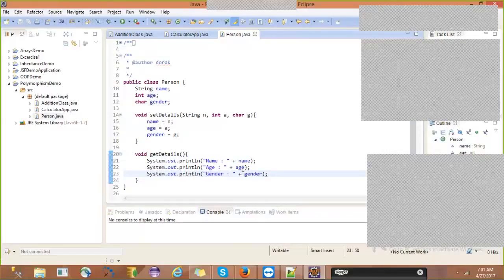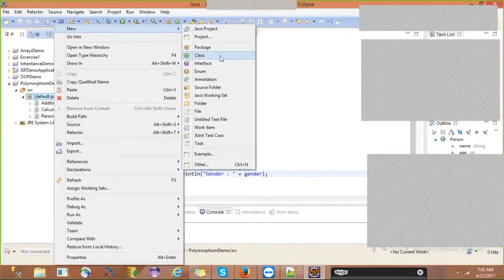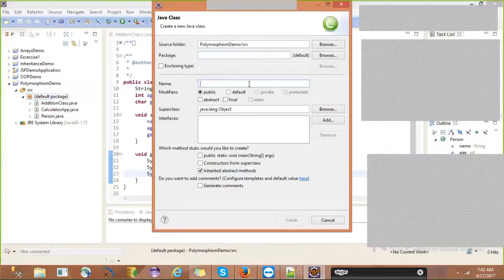Now these are common code statements which would be repeated in all other subclasses. That's why we are keeping this in the parent class, and in the subclasses we don't need to repeat this code again. Instead, we are going to inherit these methods and attributes from this superclass to our subclasses. So let's write a subclass. What we need now is, let us say, class employee.